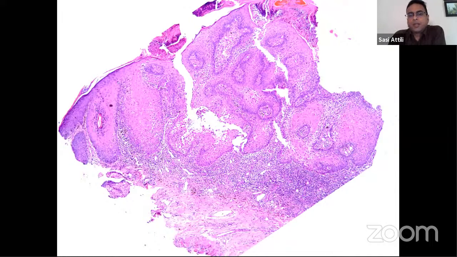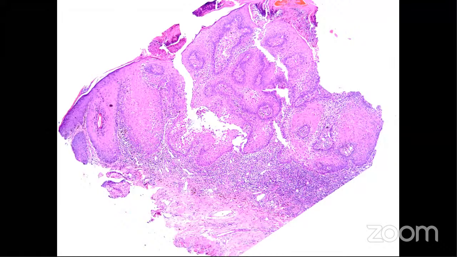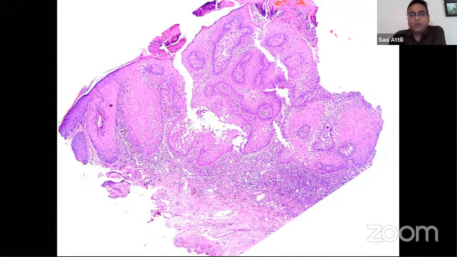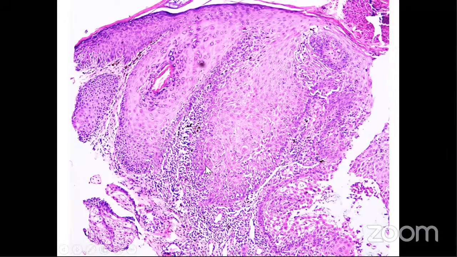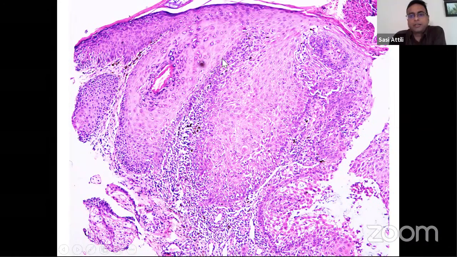This is a low power view of a patient. You might want to think about the possible differential diagnosis. I'll tell you that this lesion is from the lip. So you might want to try and evaluate this histological slide and see if you can make a diagnosis. There is definitely acanthosis and a bit of pseudoepitheliomatous hyperplasia. This is from the lip. Clearly a lichenoid infiltrate, okay,